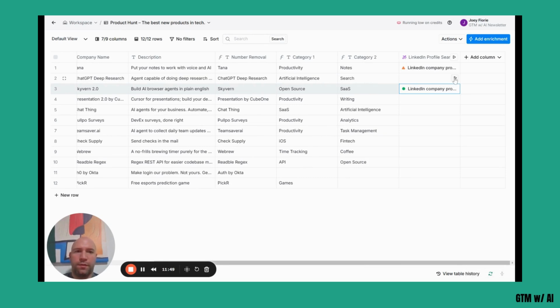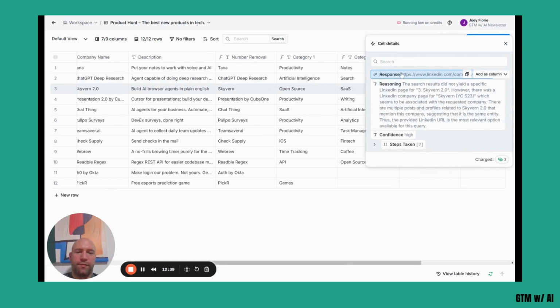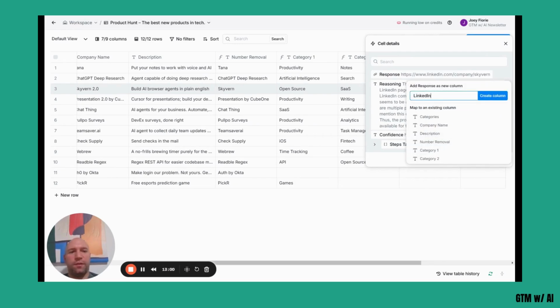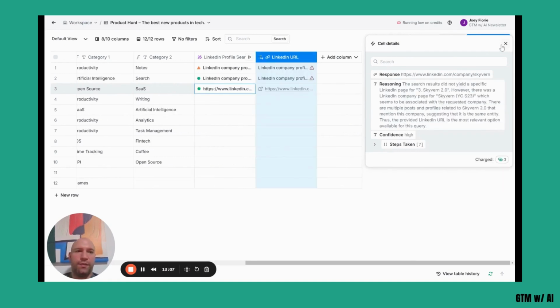And let's try rerunning these again. We'll do this one, and we'll do this one. All right, so we found one here. So we have the Skyburn one. And so in cases like this where maybe we're not getting all the results that we want, we could try it a different way. We could look for the company domain, or we could sort of experiment with the prompt a little bit. But once we have, let's call this, LinkedIn URL, then we can use that to find people